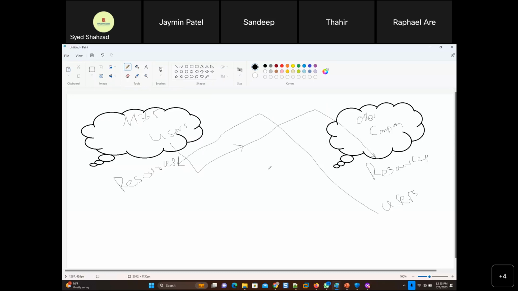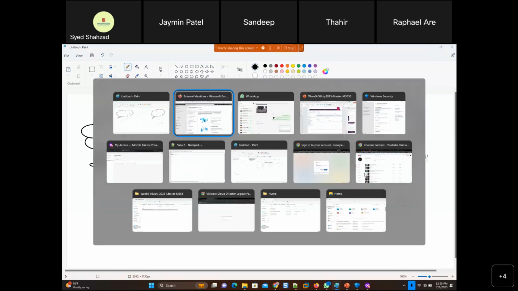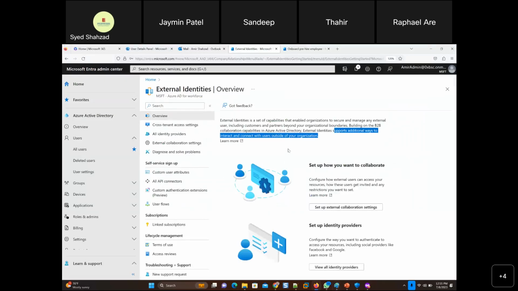Both sides could have users, and both sides could offer resources, or only one side. In our case, when we were doing SSO, Dropbox was offering resources to our users. Salesforce, if you had done the SSO for that, was offering resources, and users were on our side. So it's always either users on one side and resources on the other, or both sides, right? So it says here external identity.